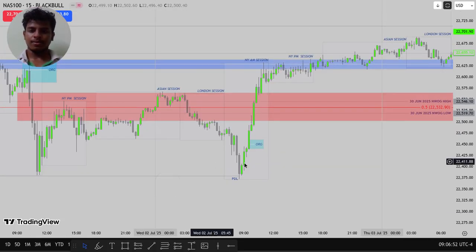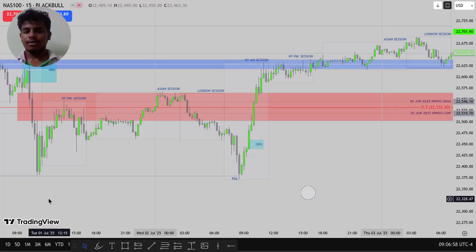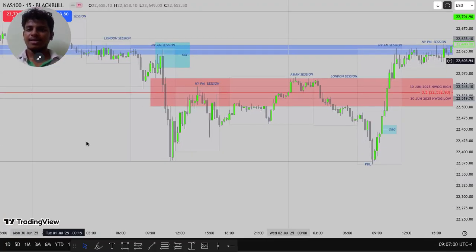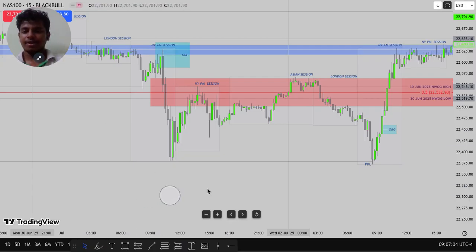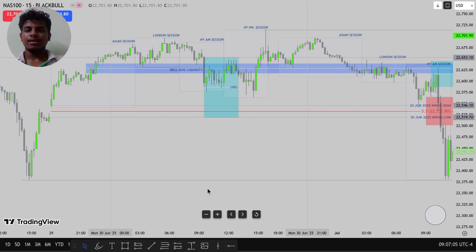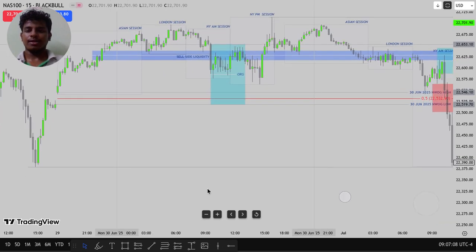Right here I made good profit. Yes, I traded this day also, and I took SL. I remember that day. Wednesday, Thursday, Friday, three continuous days I traded, and Tuesday I don't take any trades,